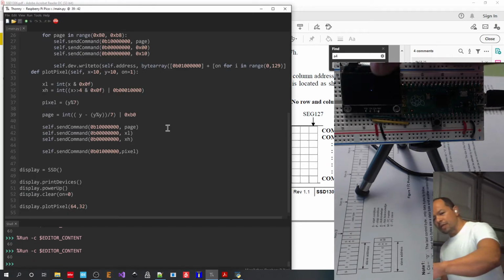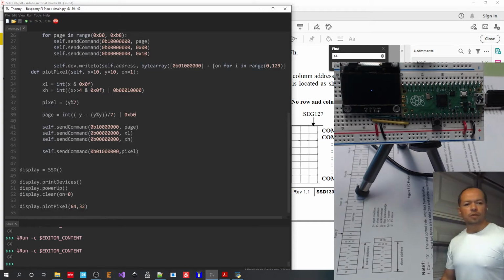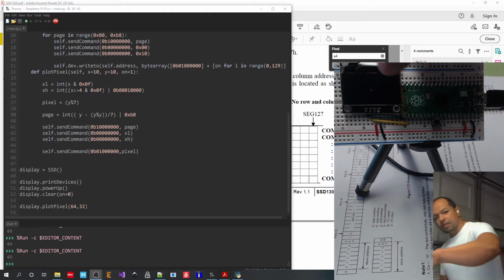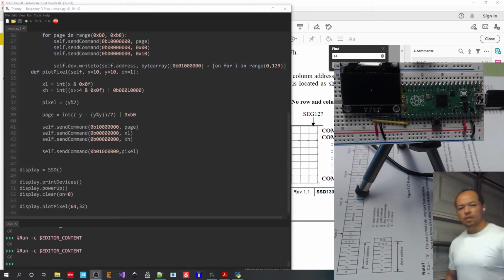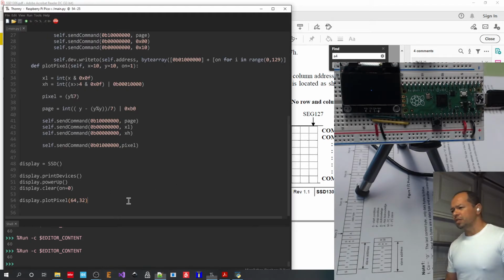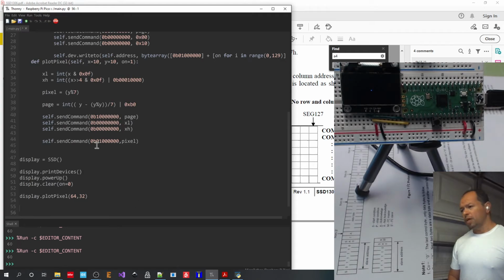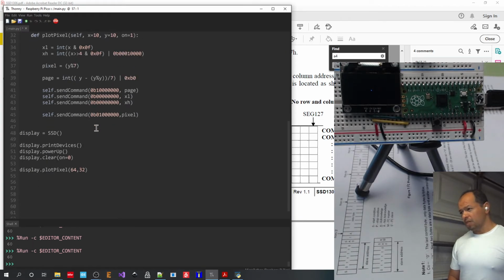Let's see. So there's the pixel right in the middle of the screen. Let's see if you guys are able to see it. So there it is, right? So now that we have the pixel, we should be able to bounce it around the screen and see what it looks like. So to bounce it, this is what I used to do in QBasic back when I started